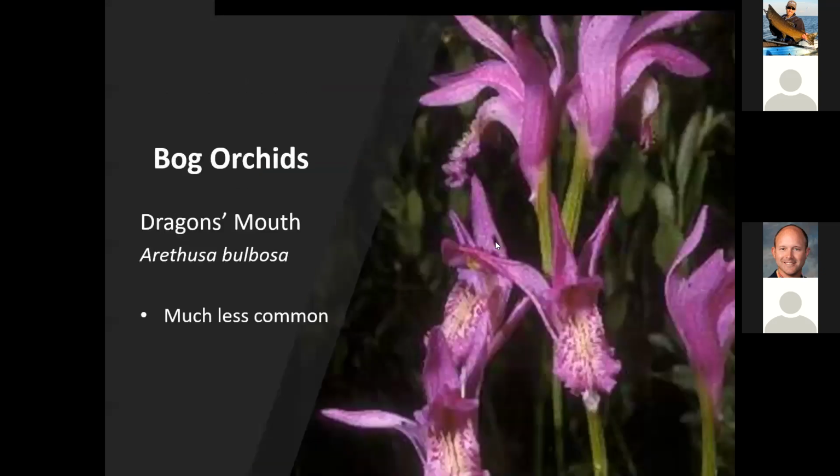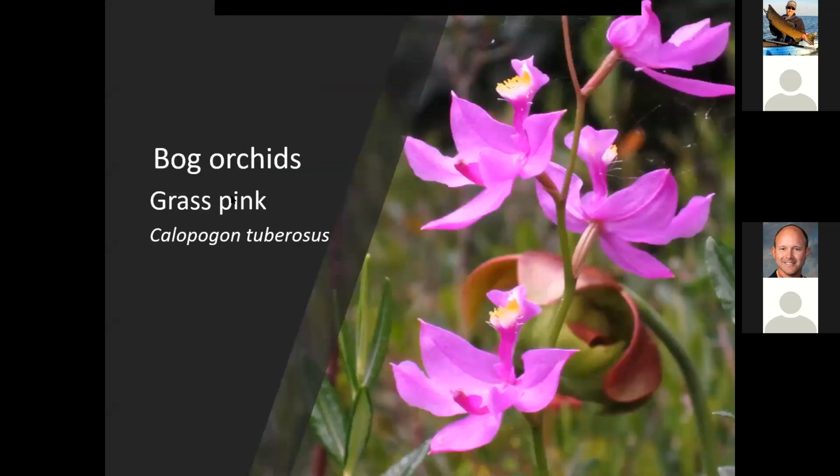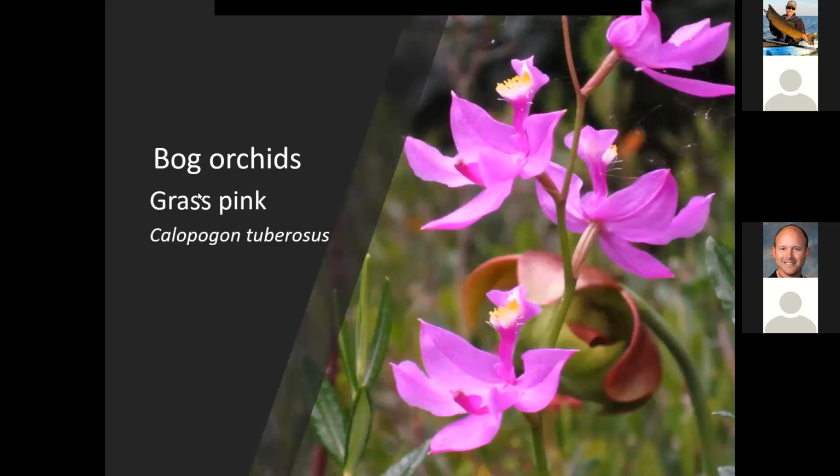You might notice that the rose pogonia has the frilly part of its flower down, and with the grass pink, that frilly part is up, but I can never remember that. So the way I remember it is that the pogonia is solitary, or only. So pogonia sort of sounds like only. That's how I remember it. And grass pink is the other one. And you can see in this